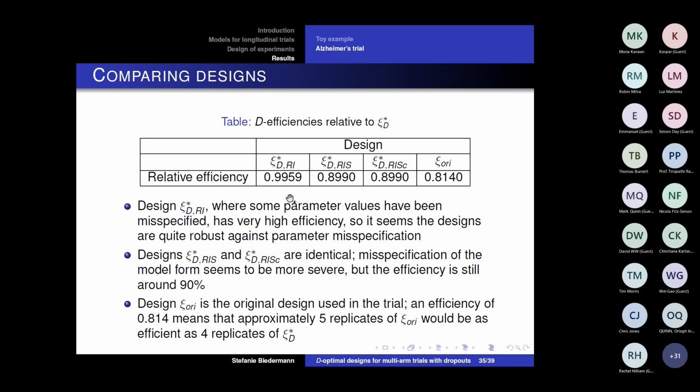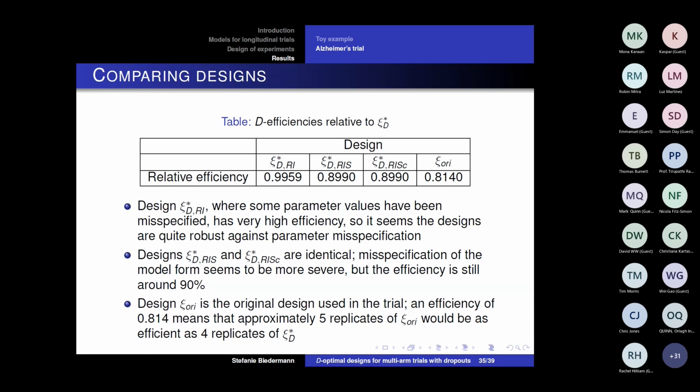I didn't present this slide, but if I just run through this in a second, we looked at how efficient designs are when something has been misspecified. Here we have one design, the first one, which has a very high relative efficiency. For this one, we had misspecified the parameter rho and the variance component for the random effect. That design had very high efficiency, so it seemed that our designs were quite robust to parameter misspecifications of